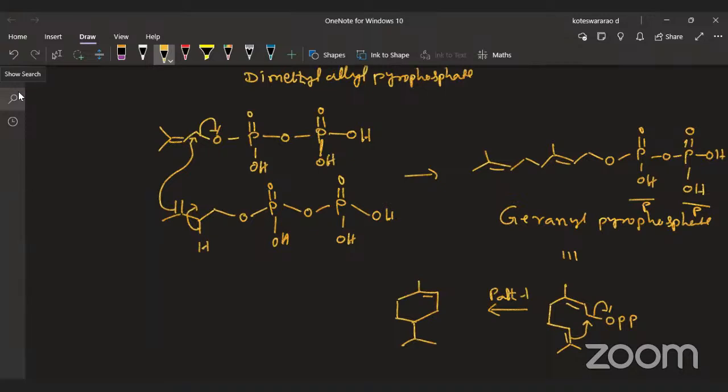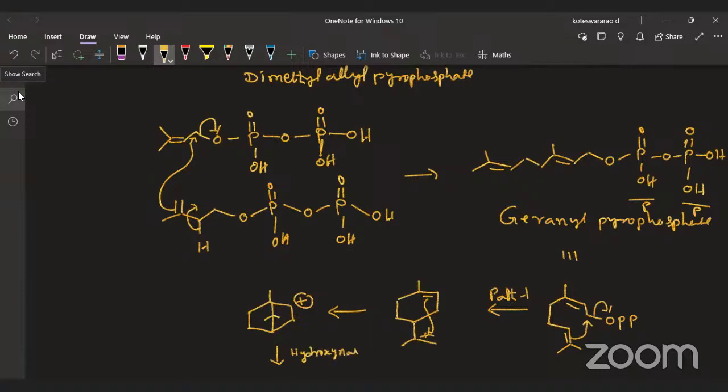Right. Now whenever it is donating, it is generating a positive charge here. This plus charge is eliminated by donating these pi electrons to this position. Now it leads to the formation of another intermediate. Now again it gains a positive charge here. Now,